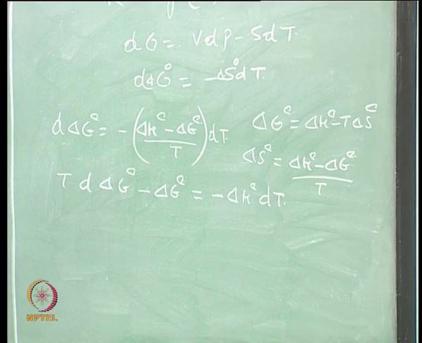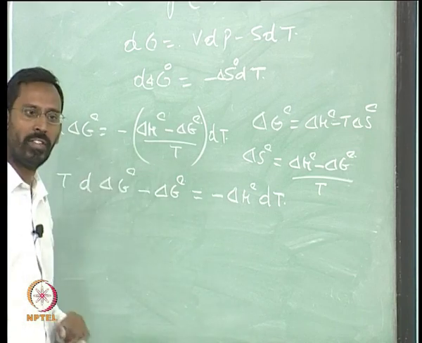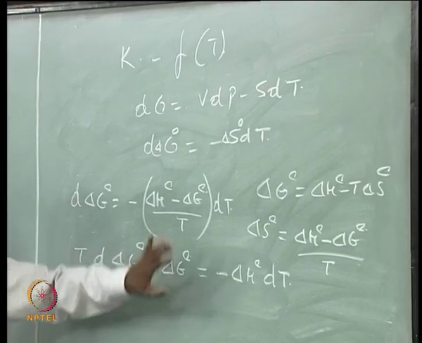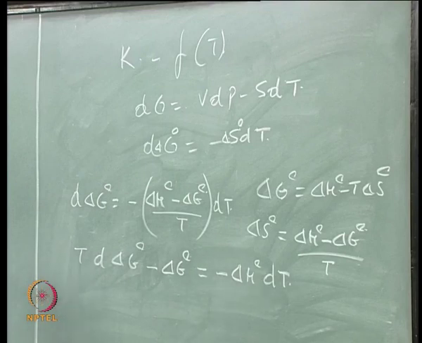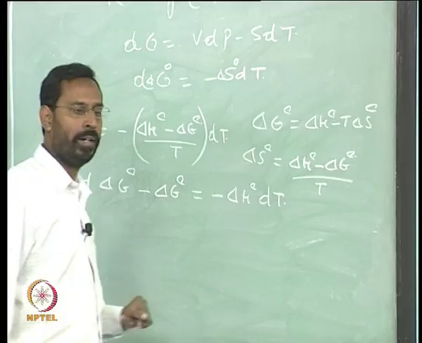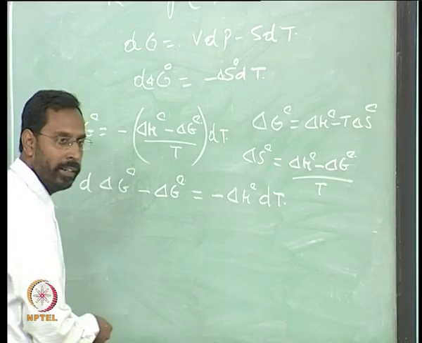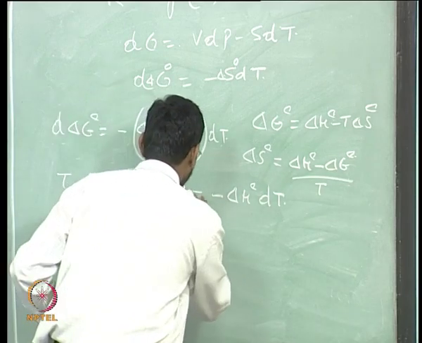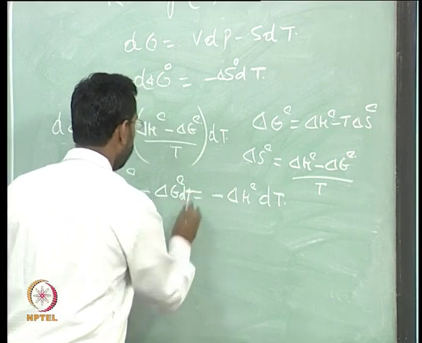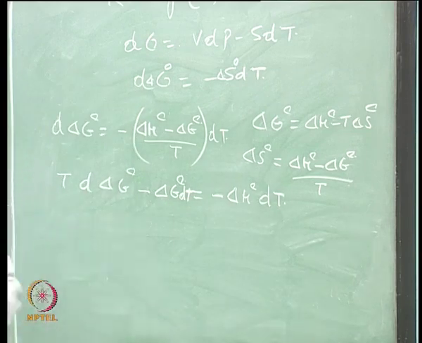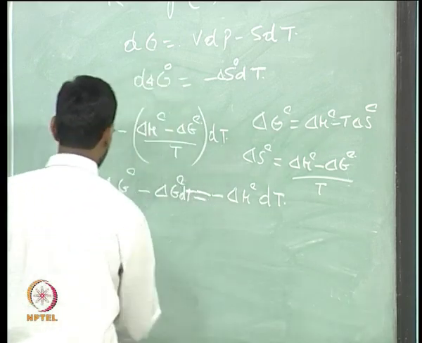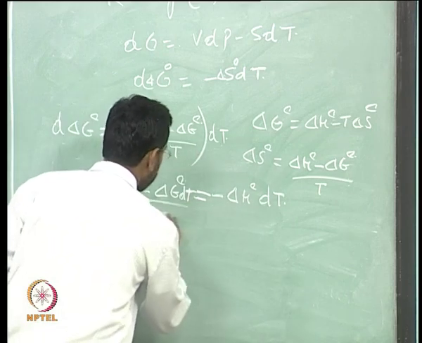so you can see that T, if it comes this side, is T into d of delta G naught minus delta G naught. We have brought both the delta G naughts one side so that we can actually differentiate them very easily, and minus delta H naught by T. If you divide this whole thing by T square, delta G naught dT, you are right, perfect, dT has to come there, otherwise you cannot differentiate, it has to come there. So if you divide with the T square on both the sides,